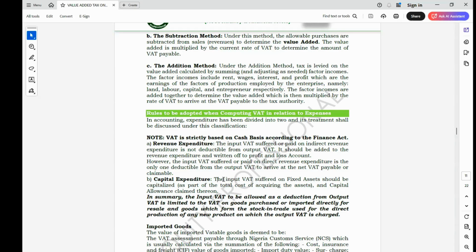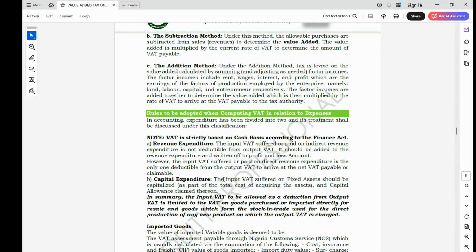So when you buy any asset for the purpose of the business, that asset will qualify for capital allowance claim. So that means the amount of that value-added tax is also going to be available for capital allowance claim. So in that case, when you are claiming capital allowance on it, you cannot also claim it as an input VAT again. Because if you also want to claim it as an input VAT, that means you are going to claim a single expenditure twice, which is going to be